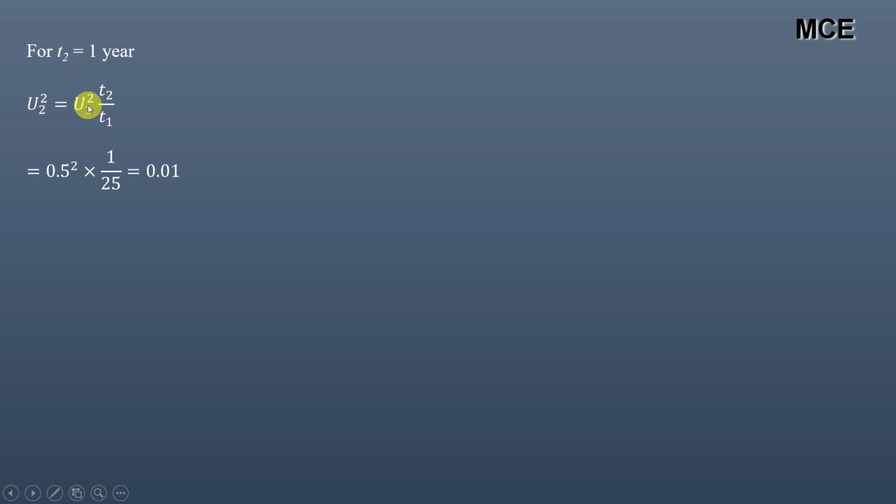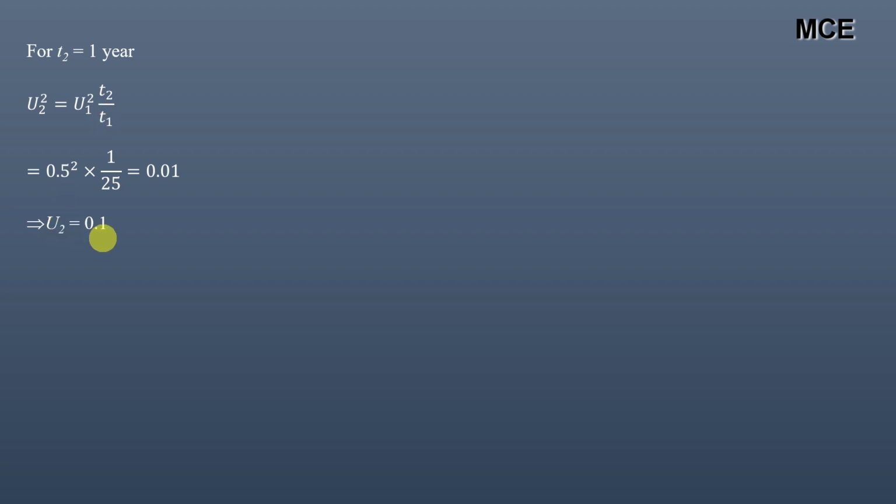Putting values, U1 is the degree of consolidation for which the time is required, which is 50% or 0.5. T2, this is 1 year, and T1, which is the time required for 50% consolidation for our clay layer of thickness 25 meter, this is 25 years. So U2 square is equal to 0.01, or U2 is 0.1. So you can say that in 1 year the degree of consolidation for this 25-meter thick clay layer will